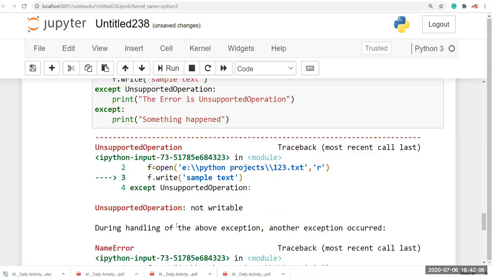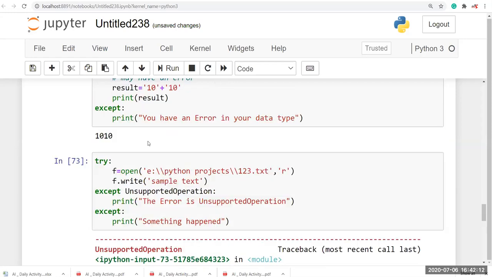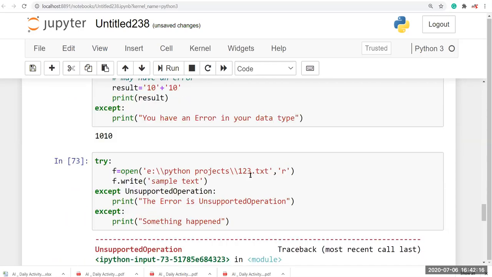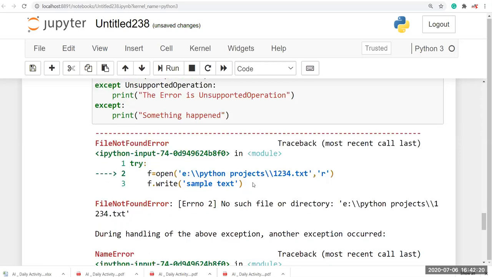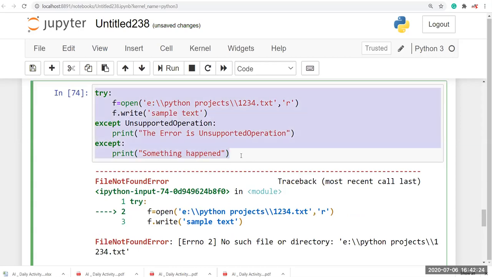Okay, I run this. So it says during handling of the above exception, another exception occurred. I'm going to give 1, 2, 3, 4. Same error. Okay, copy this.